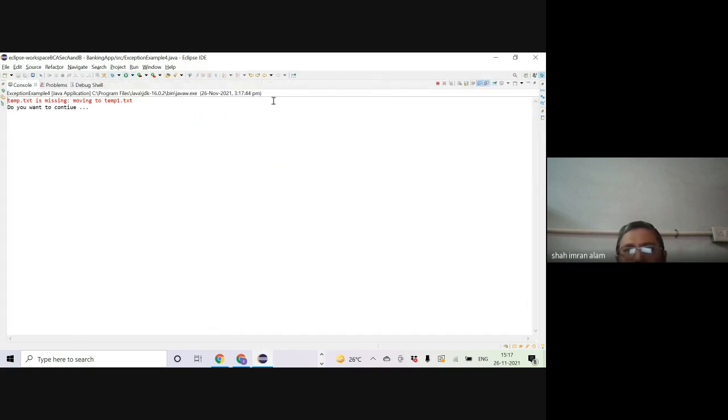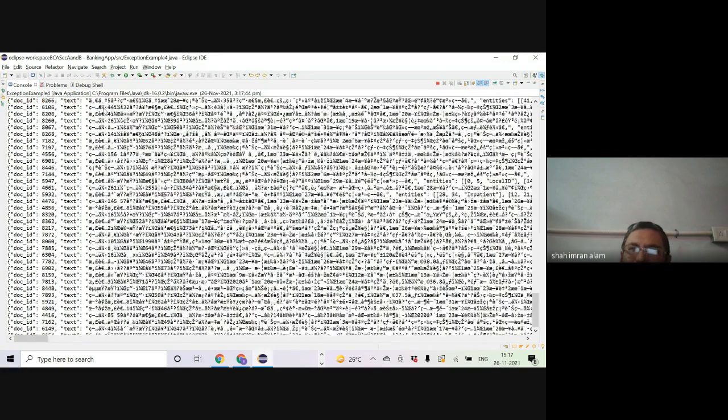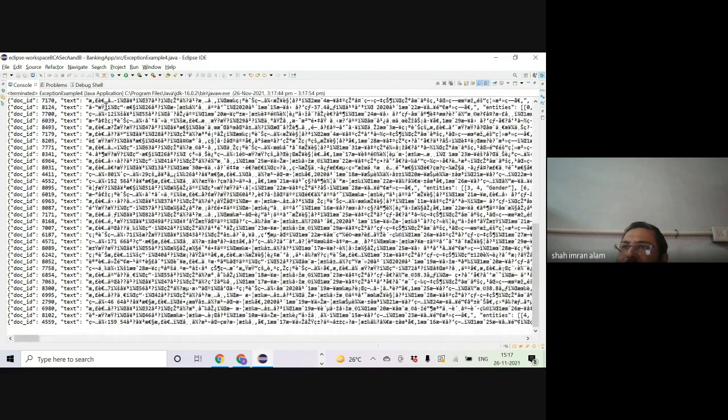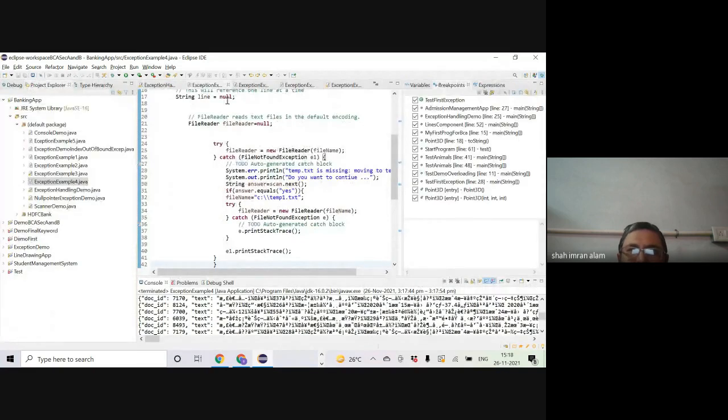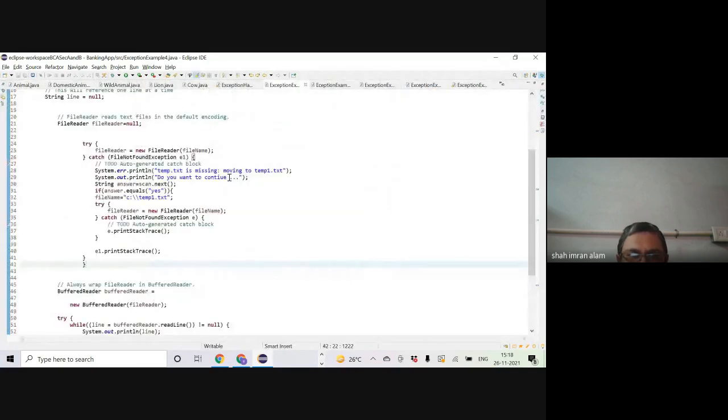See, the output is temp.txt is missing. Moving to temp1.txt. Do you want to continue? Let me say yes. Yes, continue. Reading the temp1.txt file. Clear? One more thing I would demonstrate here, while we are on the subject, along with the equals method, we can use equalsIgnoreCase. Okay?